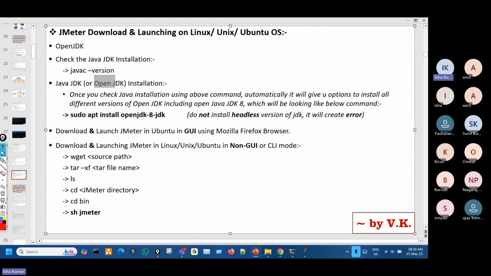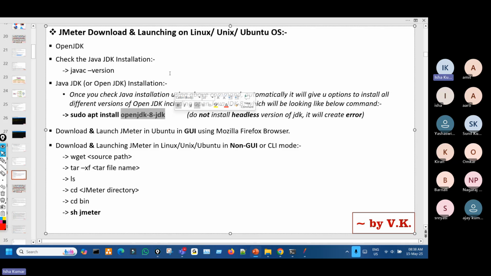There is an OpenJDK thing in the IT world where some software is kept directly for Linux. Okay, a Linux store, you can say. So that is called OpenJDK. There it will tell you, you will be having 8, 11, 20, and all of them. So just download that by using sudo apt install, right? And the name of that